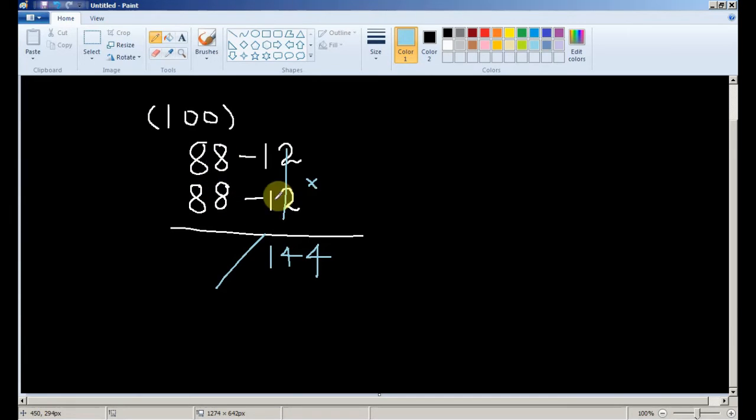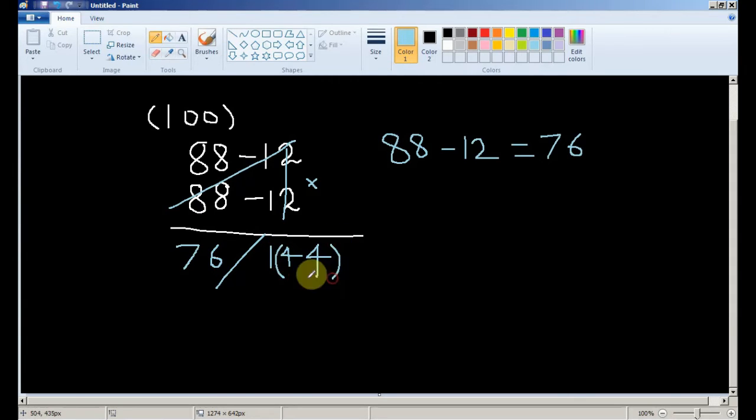And what about 88 minus 12? This part is a subtraction, you know that this is a subtraction. So 88 minus 12 will give you how much? 8 minus 2 gives me 6, 8 minus 1 gives me 7. So 7 and 6. It doesn't look right, because I got 2 places here, 44, and then one spare number, and then this 6. So I have to make some changes.